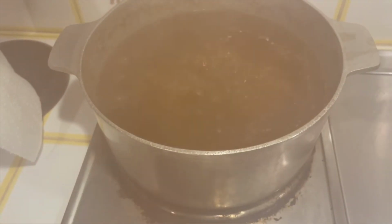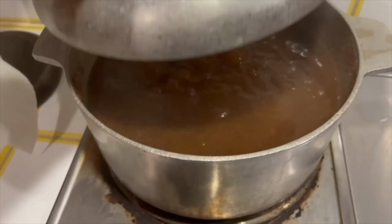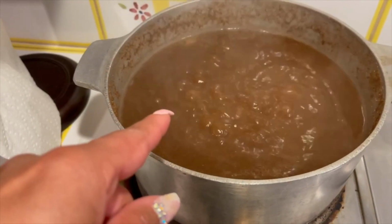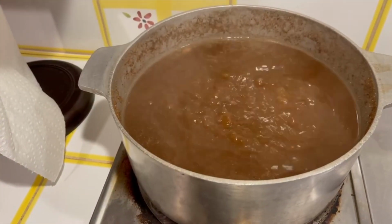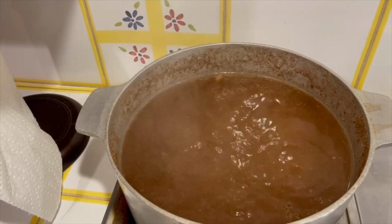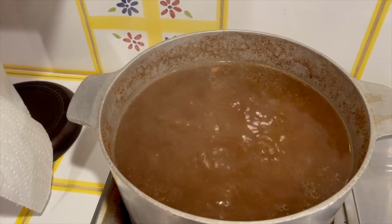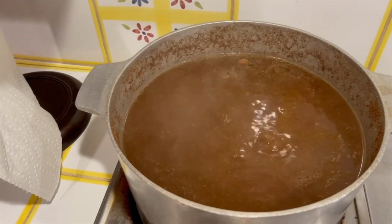Okay, now. Recipe recap. You start off, that's boiling too high, so I'm gonna turn it down to like a 1, put the top back on and see. But anyway, in this pot you start off with 10 cups of water, 4 tablespoons of Better Than Bouillon beef base. Bring that to a boil. While that's coming up, you season your stewed meat with 2 tablespoons of Russell seasoning blend, 1 tablespoon of garlic powder, 1 tablespoon of onion powder, and 1/3 cup of Worcestershire sauce. Mix that up. Once your stuff comes to a boil, drop that in,